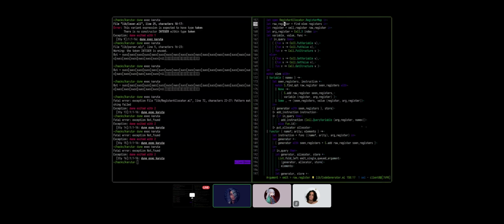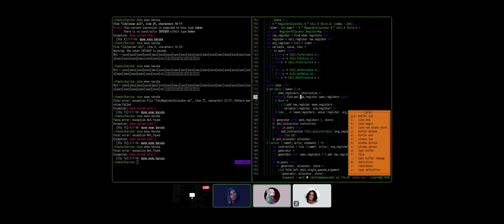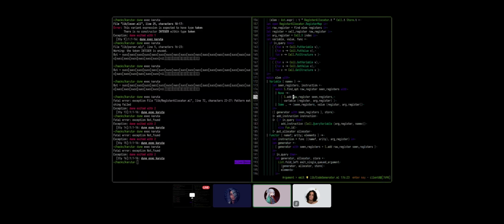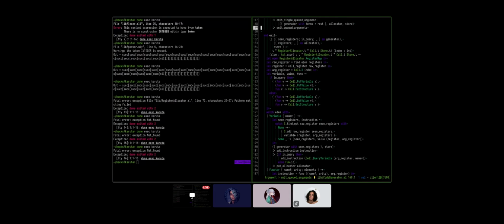Yeah, register can go. We use raw register here, here, and here though. Oh, we do use it in two places, I guess. But they are separate, in separate branches of the pattern matching. So let's add lazy there and see what happens.